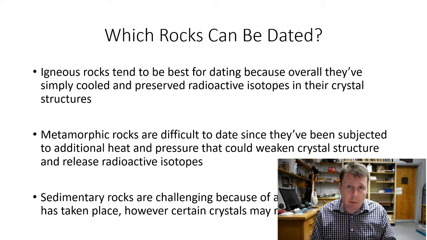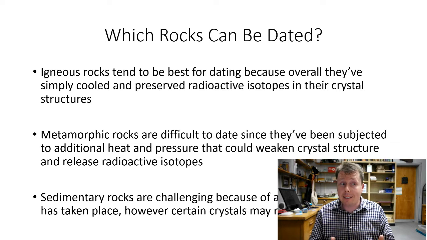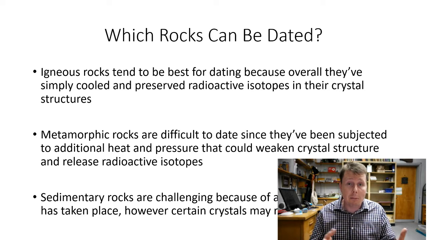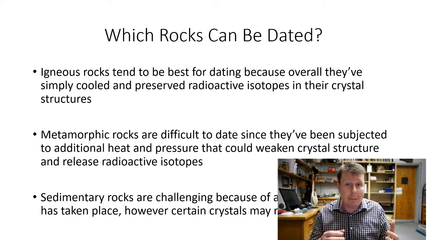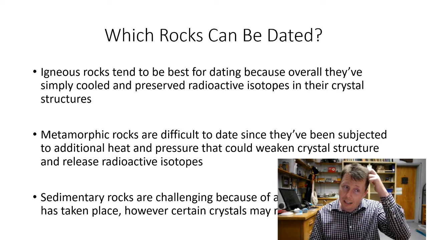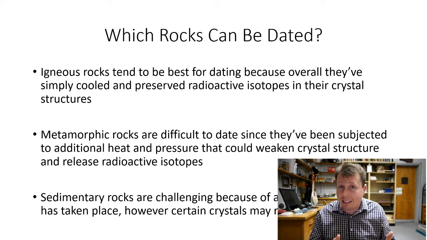Lastly, we have sedimentary rocks. Sedimentary rocks are basically rocks that form from broken down previously existing rocks. So they've undergone a lot of physical and chemical weathering in the first place. And that's very suspect when you're trying to measure the radioactive parent and the stable daughter material that's in them. There's a lot of possibility for cracks to develop and to lose a lot of the daughter isotope, parent isotope, and it can be a little bit of a tricky situation.